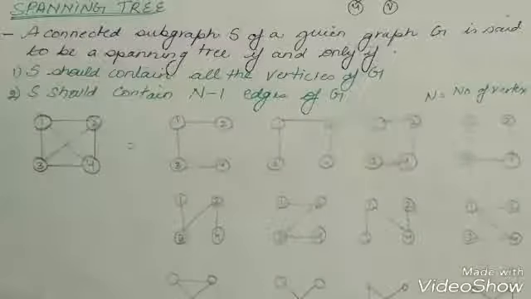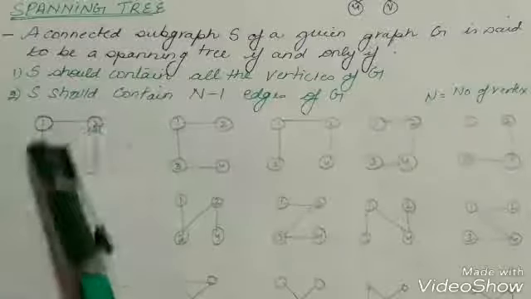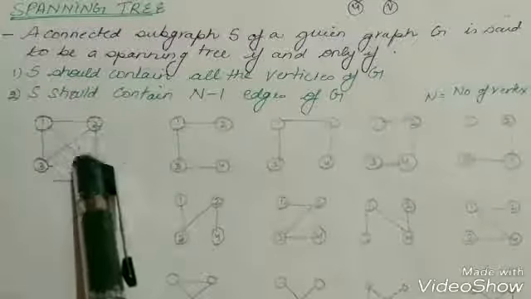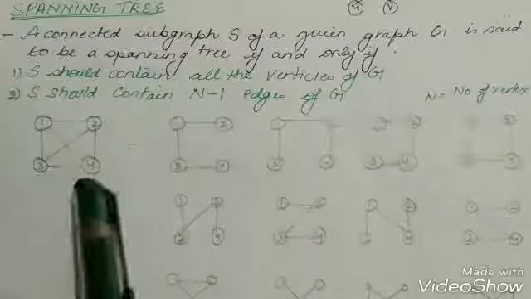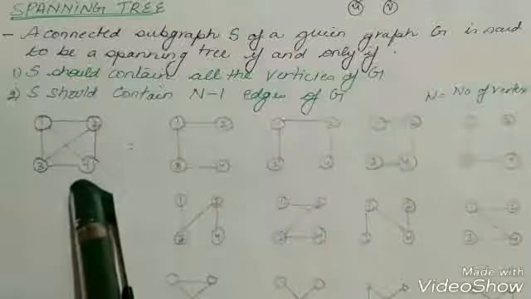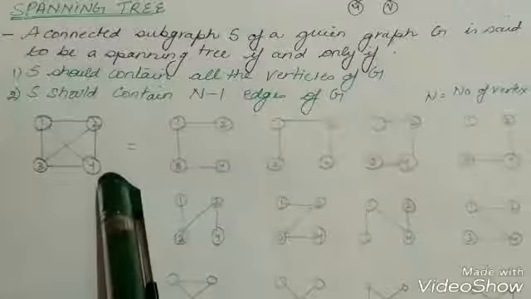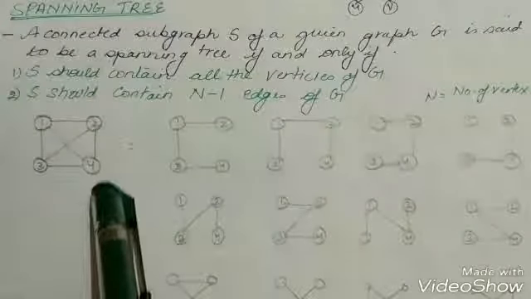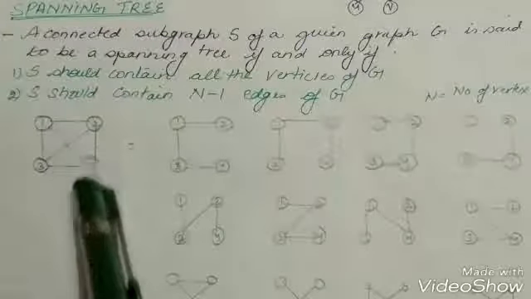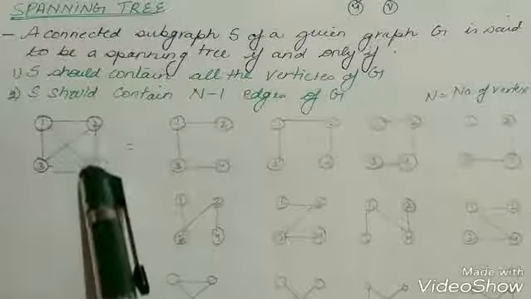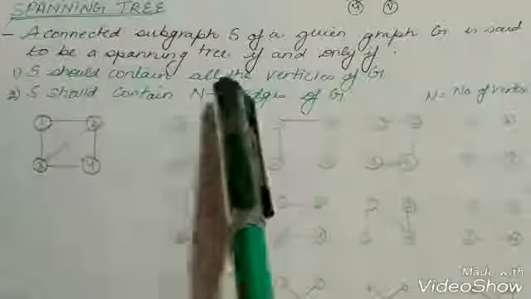Suppose you have been given a graph. Like here, you can see that this is not a tree, this is a graph which has been given to you. But if you want to find the spanning tree, which helps us in calculating the minimum spanning tree, in which we can get the minimum value of this graph while traversing these nodes, we have two conditions.